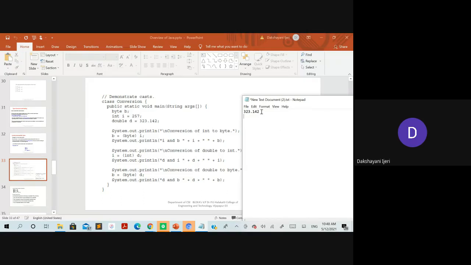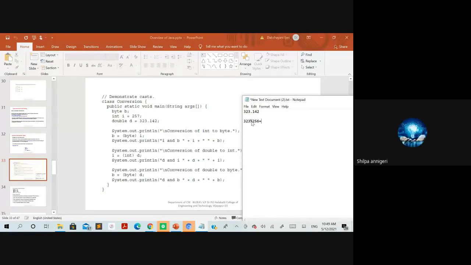So if you convert this to the integer, the value is going to be a round figure, that is only 323, right? Then this value needs to be converted to the byte. So how does the computer convert integers to the byte? It performs the modulo operation with the value 256. I told you why the value 256 in the last class itself, right? Can anyone tell me what is the result of this?